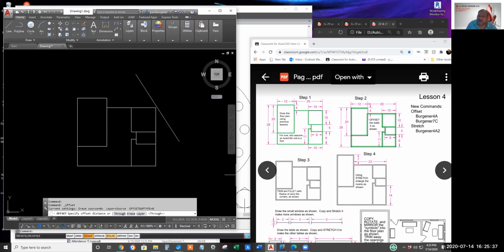My instructions here say offset the walls 0.5. Remember, an AutoCAD unit is a foot now, so we're going to offset it half a foot or 6 inches. So type 0.5 to answer the question, specify the offset distance.